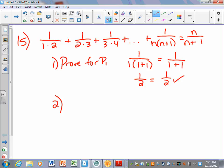The second step is we want to prove that it's true for P sub k plus 1. And again, it's very systematic, but the thing we've got to make sure we know by Wednesday when we're having our test is you've got to be able to do these steps without having a paper to look at an example and know exactly what to write every time. But every time, if I'm going to prove for the k plus 1 term, the first thing I have to do is assume that P sub k is true,